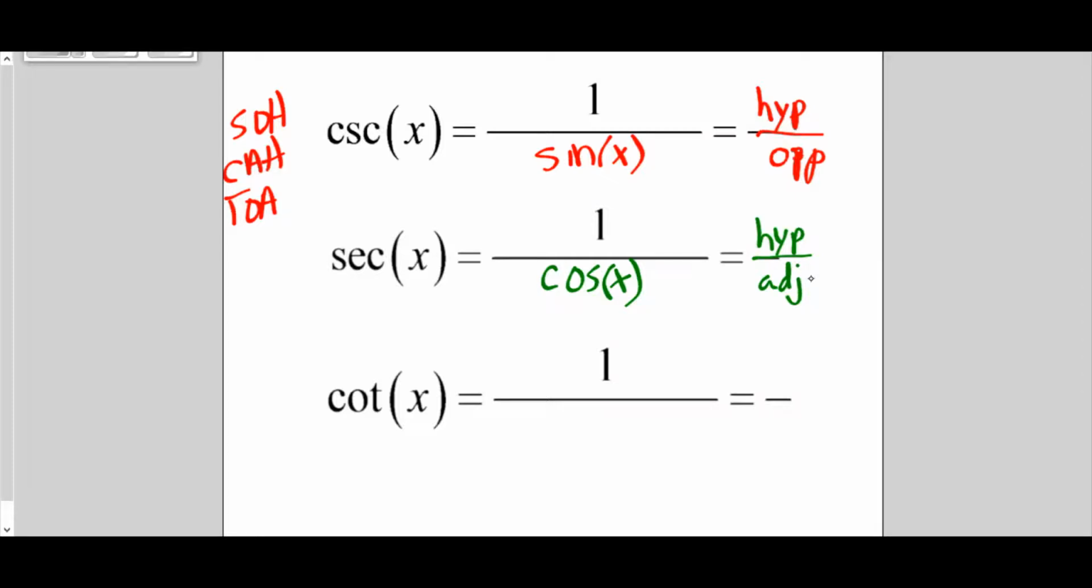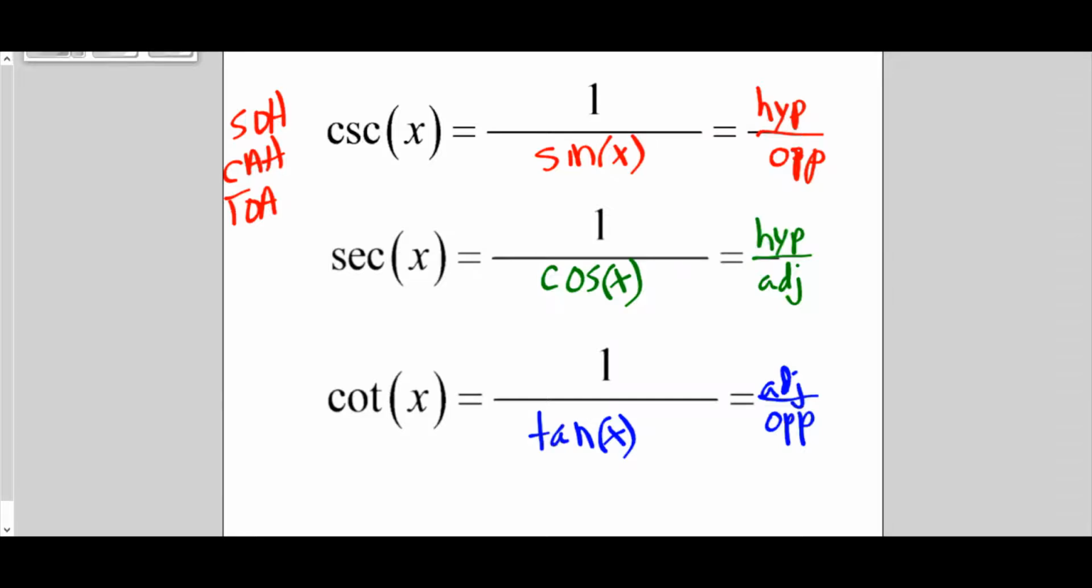And then the last one is the cotangent of x, which is 1 divided by the tangent of x. This means we're going to do the reciprocal of tangent. So if we look at SOHCAHTOA, we know tangent's opposite over adjacent. So the reciprocal of that would be adjacent divided by opposite. So go ahead and pause the video if you need to finish copying this down, and we'll look at our